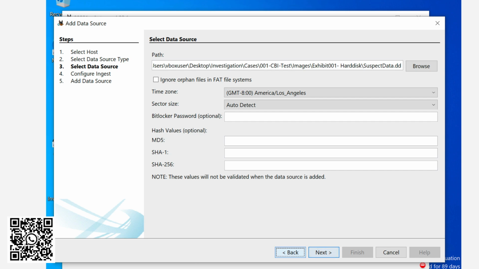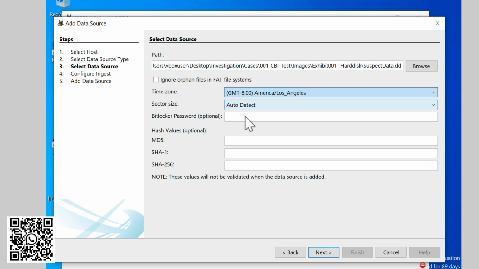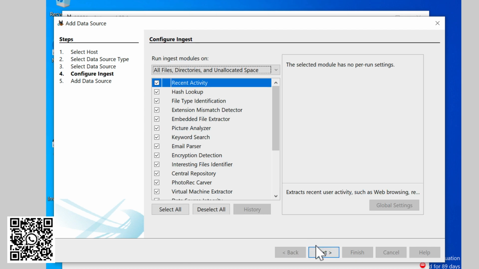First, you need to understand a host is basically a computer. Let's say at a crime scene, you found 2 computers and a pen drive. So the host will be 3 hosts. Each computer will be a separate host, and inside each computer there will be 2 hard disks, 1 hard disk, 1 RAM. So you can basically add data sources. Hard disk is a type of data source, pen drive is a type of data source. So this is how it works.